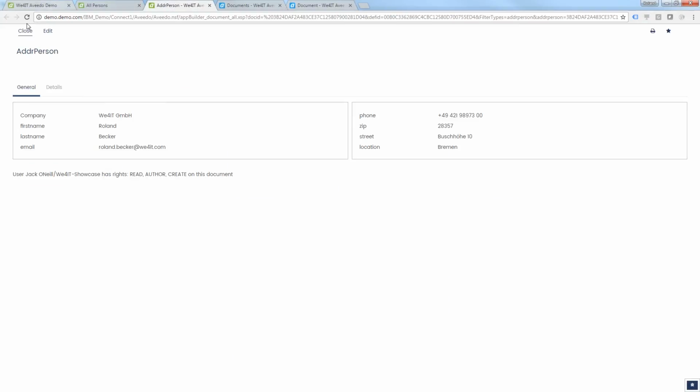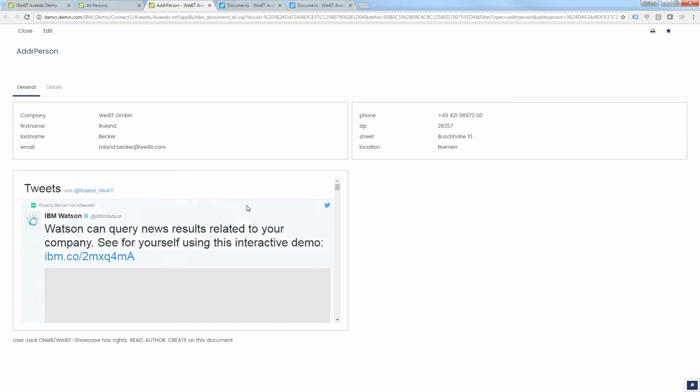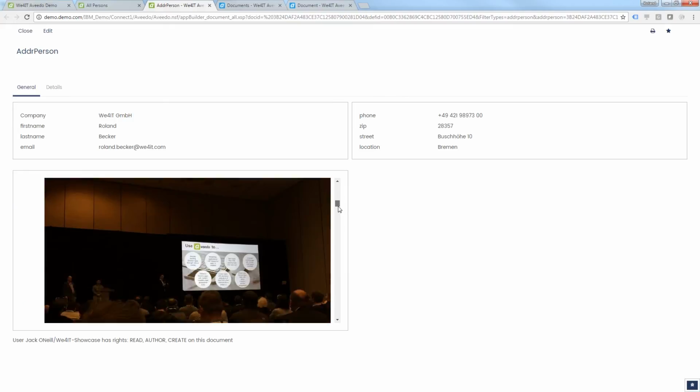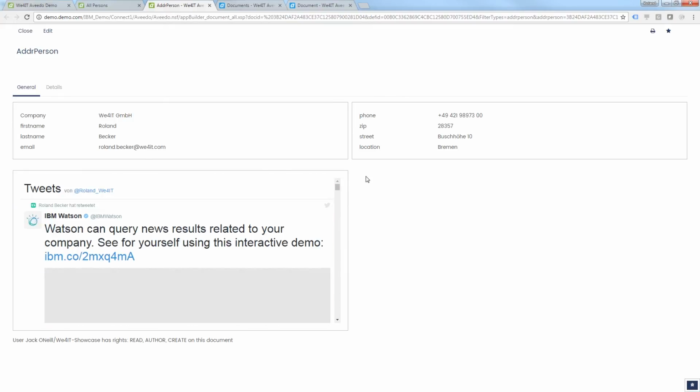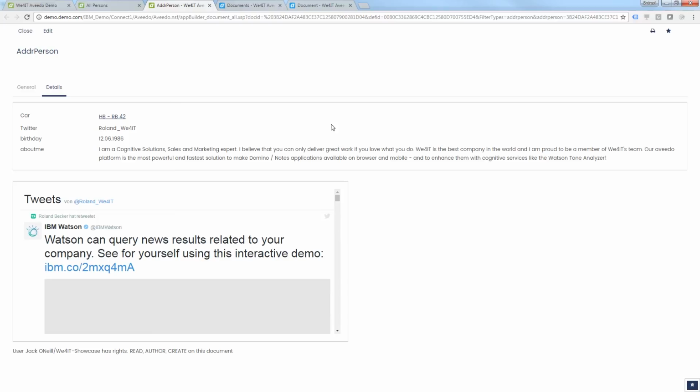So that should already work now. Let's take a look just to be sure. Here we go. Pretty awesome. There's my Twitter stream displayed below, and in that empty space over here on the right hand side, let's put the Google Maps for this location over here. So we will need to call the Aveedo API to give Google the values of these fields, right? So that it can display